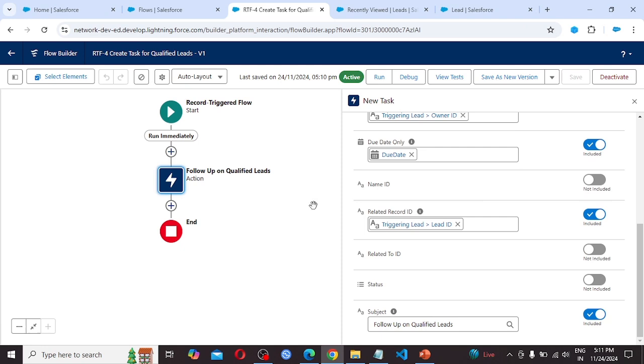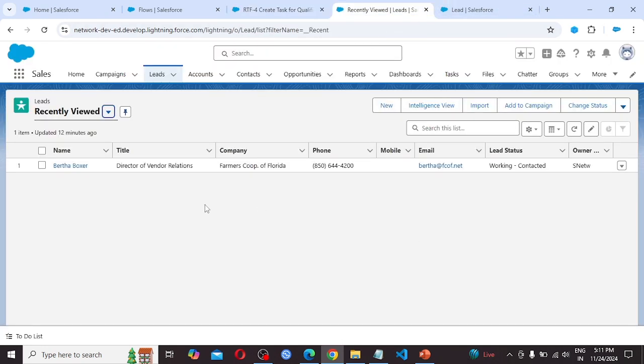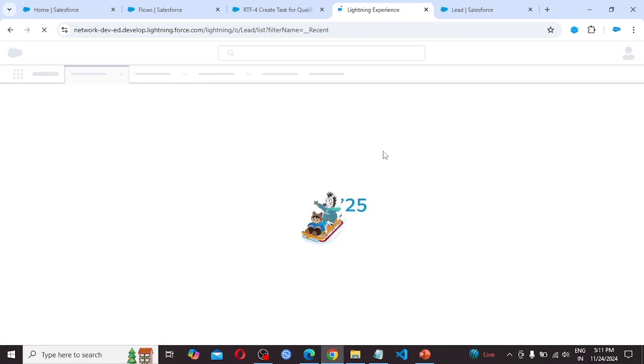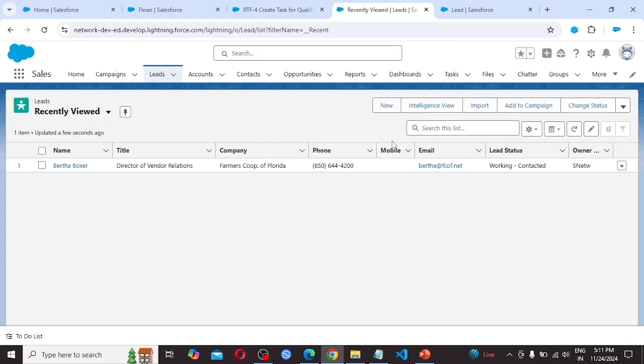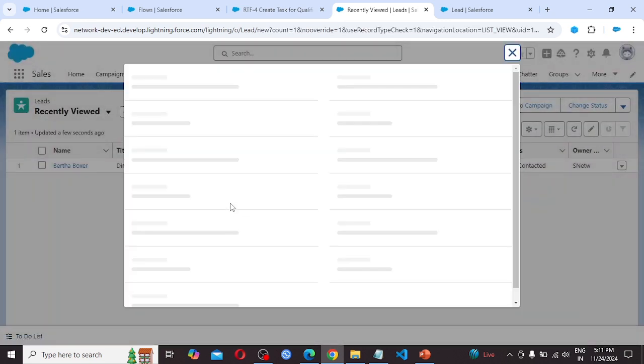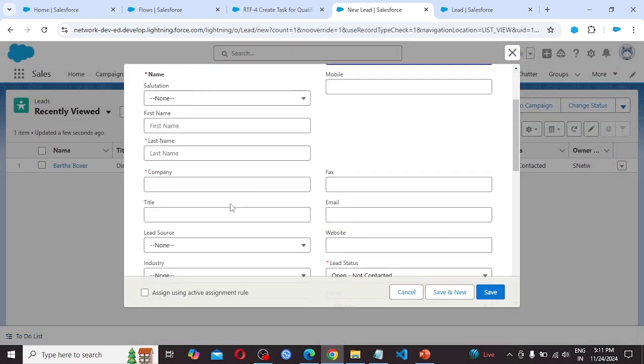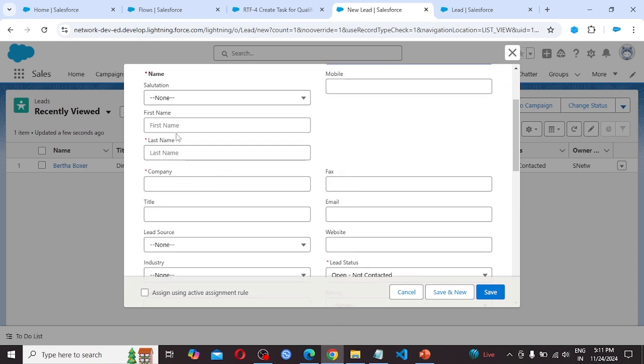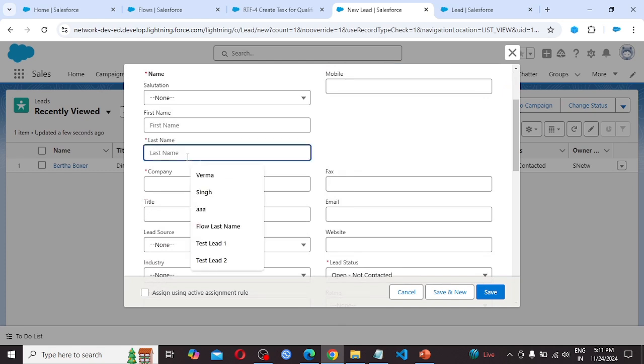So let's come back to our leads. So let's refresh this and create a new lead. So click on new. As last name and company is required field, so we have to put these values.